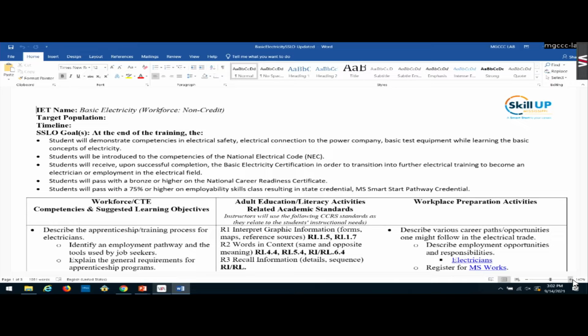Students will receive, upon successful completion, the basic electricity certification in order to transition into further electrical training to become an electrician or employment in the electrical field. Students will pass with a bronze or higher on the NCRC, and they will pass with 75% or higher on an employability skills class, resulting in a state credential, the Mississippi Smart Start Pathway credential. Those are my goals for that electrical program, okay?